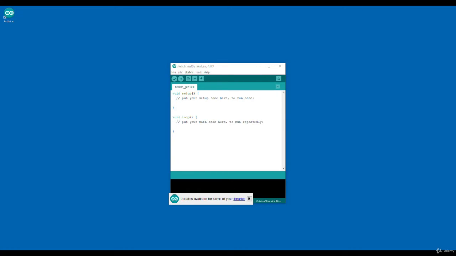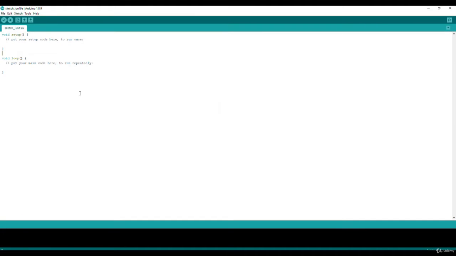Here I will show you how to create an Arduino sketch, and I will upload the program to my Arduino Uno board. First of all, I have opened the IDE. You should also open your IDE by double-clicking on the icon. Now one default sketch has opened. I'll maximize the screen, and